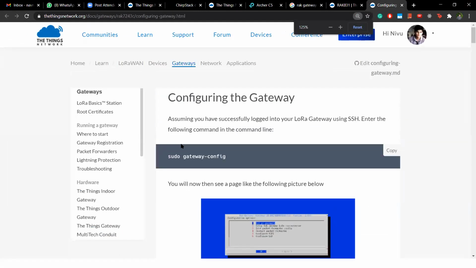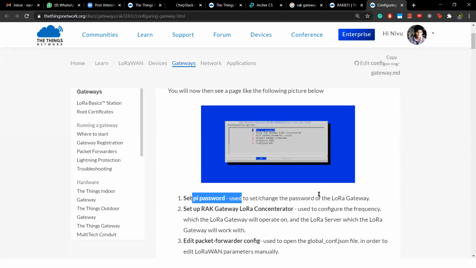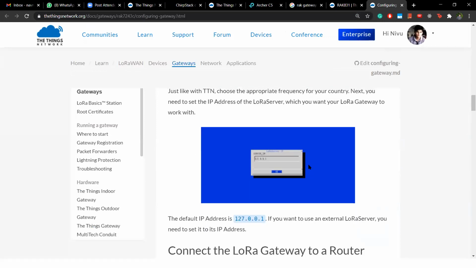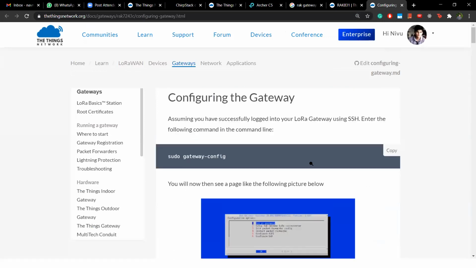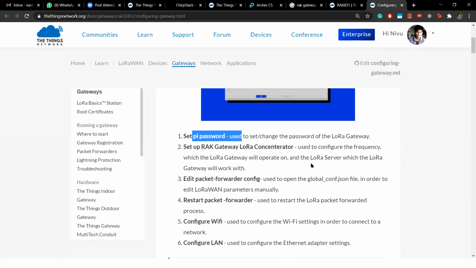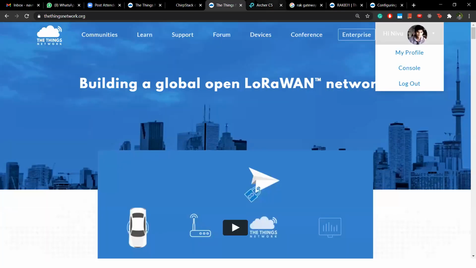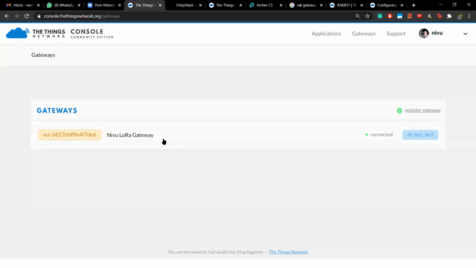Okay. sudo raspi-config. Okay. And you can go and set password and all sort of things, what we have seen in the previous session some time back. Okay. So that is how you have to configure. And packet forwarder and the gateway bridge are already within the gateway itself, right? And the network server, we are using the TTN network server. Okay. So three things we have solved right now, right?